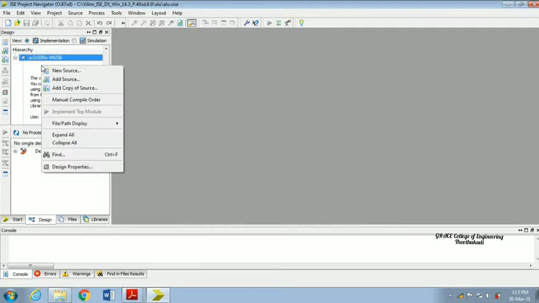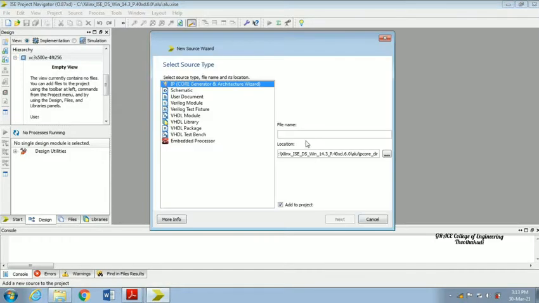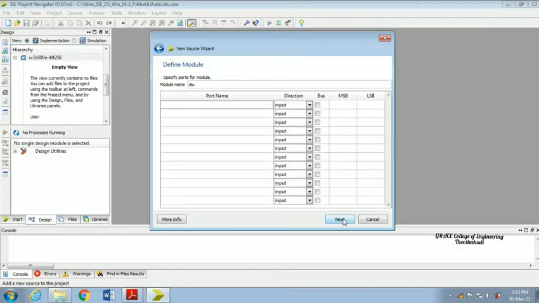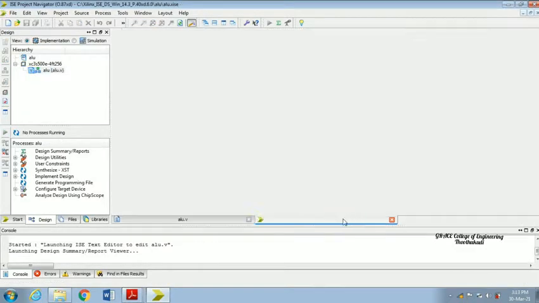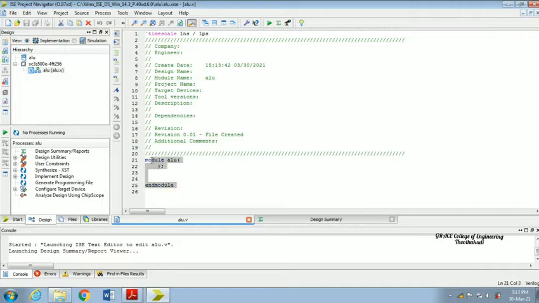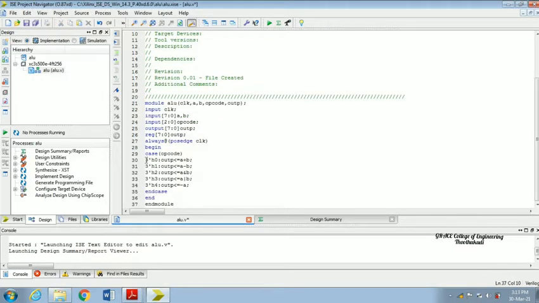Now you can check the project which is created here, and below this the device we are going to program. Highlighting the device, right click and choose new source. In that new source file, click Verilog module and give the name as ALU. Then click next, next, then click finish. Then you have to replace the code.